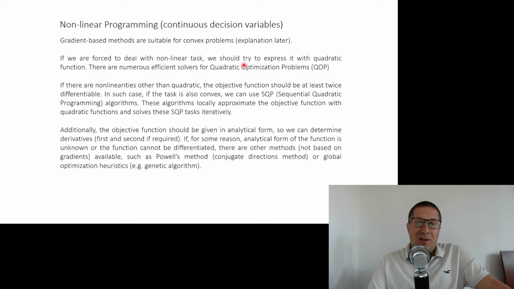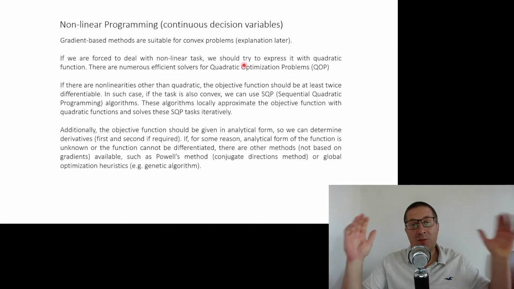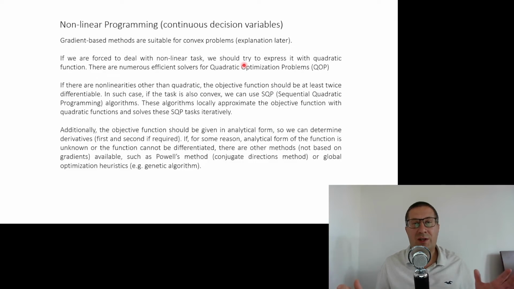All right, so in case of nonlinear programming, so the optimization task where the equations are nonlinear, gradient-based methods are suitable for convex problems. I will explain later on what is the convex problem. And of course, I'm talking about continuous decision variables right now, right? I will talk about discrete decision variables later on. So continuous decisions, it means that